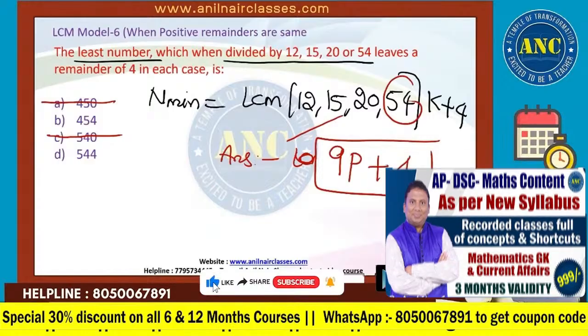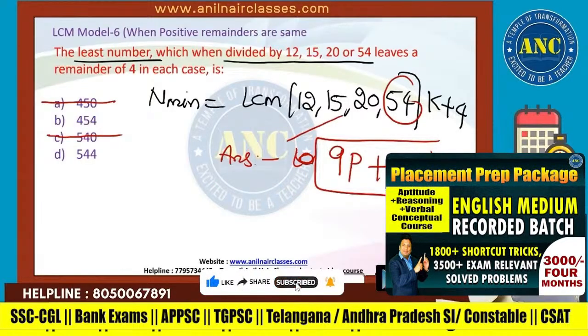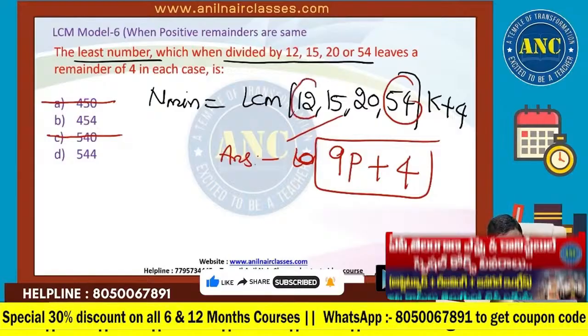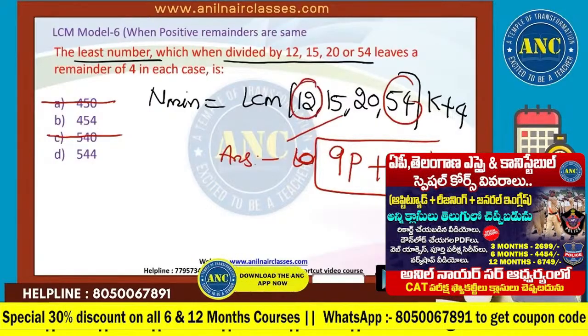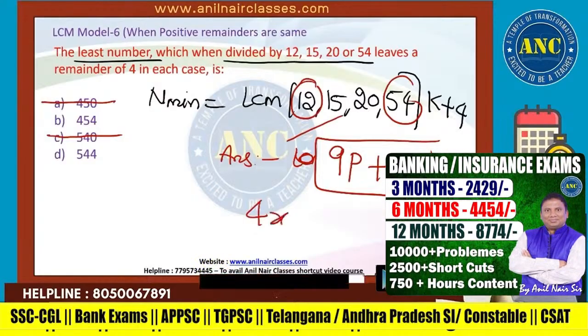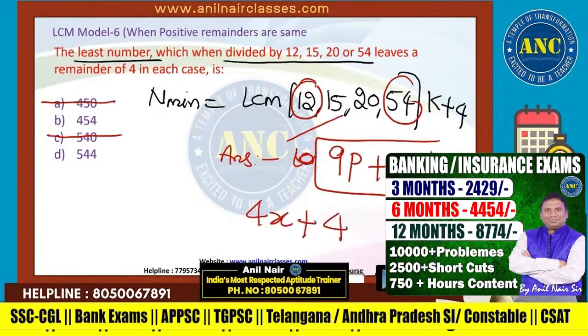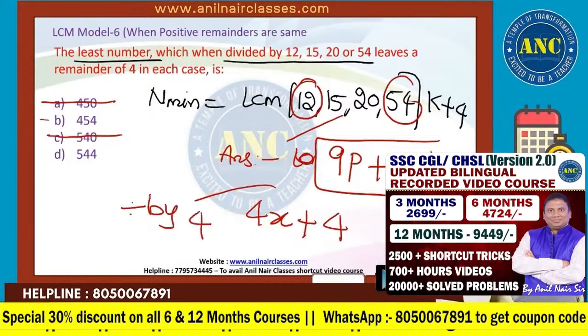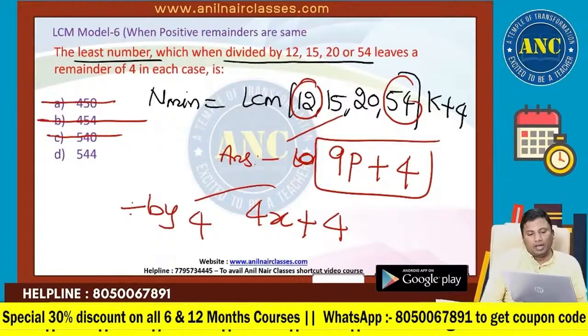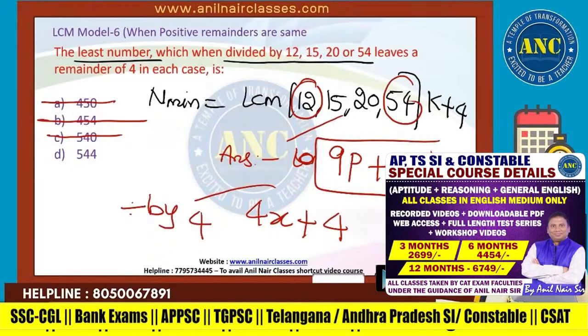Another way to look at it: now see here, we are stuck with two options. 12 is divisible by 4, so the answer is 4 into something plus 4, which means the answer should be divisible by 4. 54 is not divisible by 4, so the answer is 5